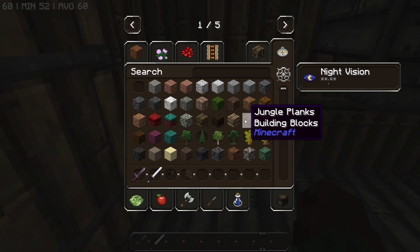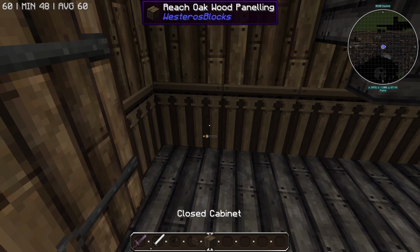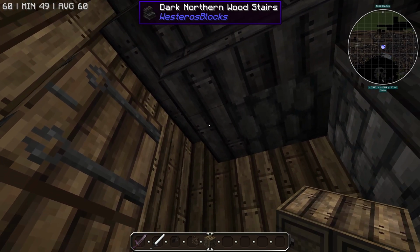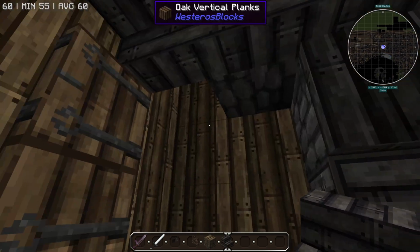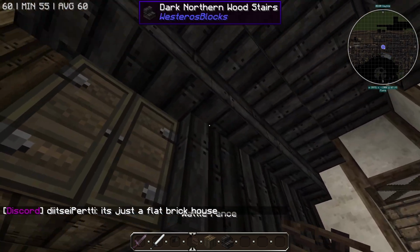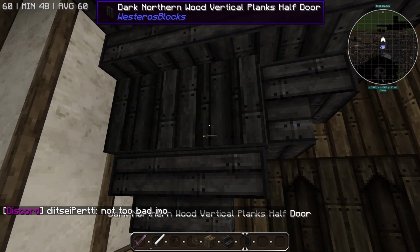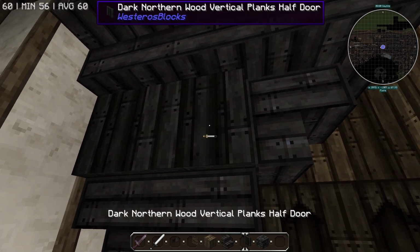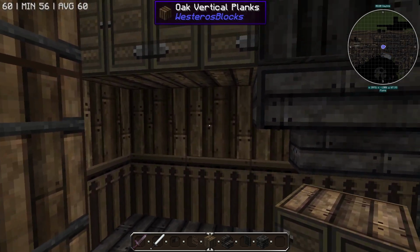And over here on this side we can put maybe a cabinet. So let's go closed furniture cabinet, and let's make a wardrobe in this area actually. So let's fix this area. What is this? This is stairs. There we go. Let's put that there. Let's fix that. And a cabinet. So let's have a cabinet over here, and maybe...